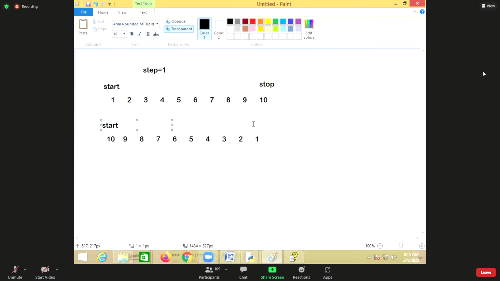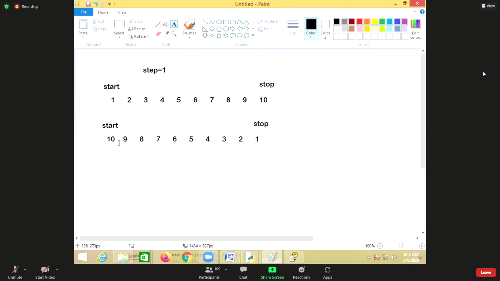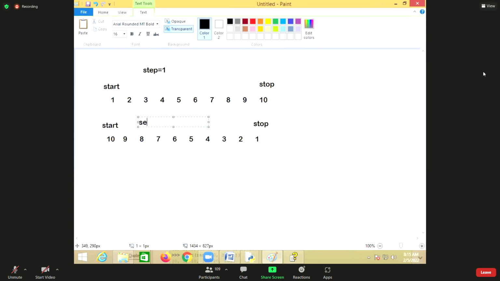What is the stop? 1. What is the step? Is it incrementing or decrementing? Decrementing. So step is minus 1. 10 minus 1 is 9, 9 minus 1 is 8, 8 minus 1 is 7, like this.